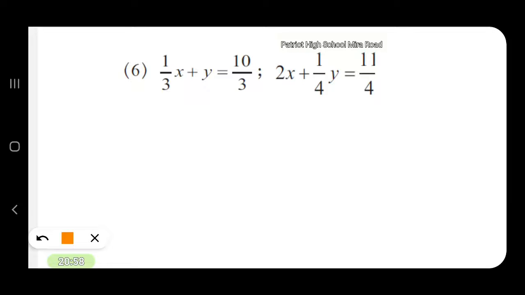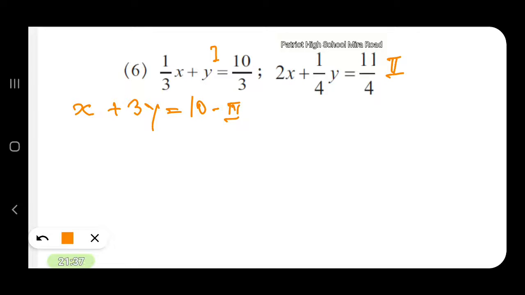This is equation number 1 and this is equation number 2. Now there are quantities in the denominator. In order to eliminate the denominator, we will multiply equation 1 by 3 and write the answer directly over here. Write the equation obtained. So this is equation 1. Multiplying it by 3, we have x plus 3y is equal to 10. This will be the equation number 3.